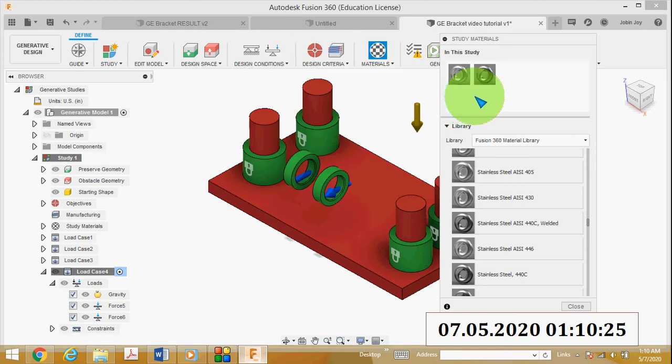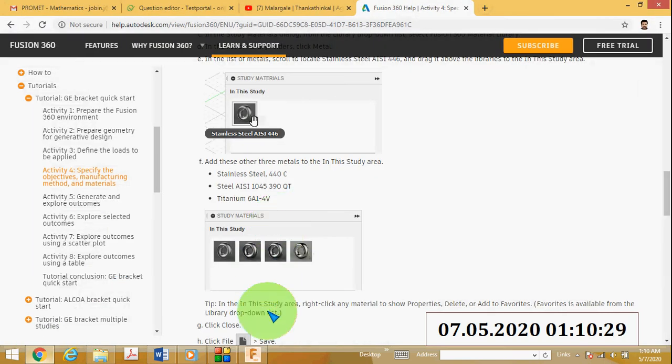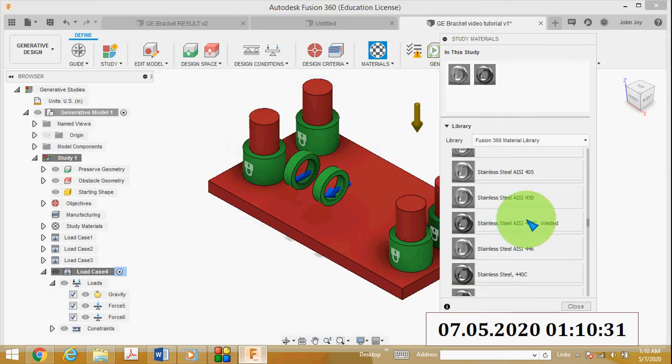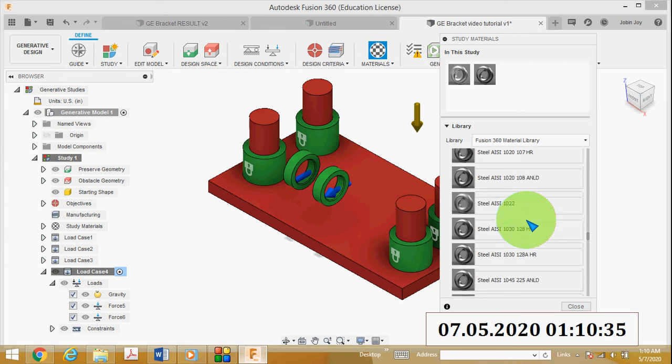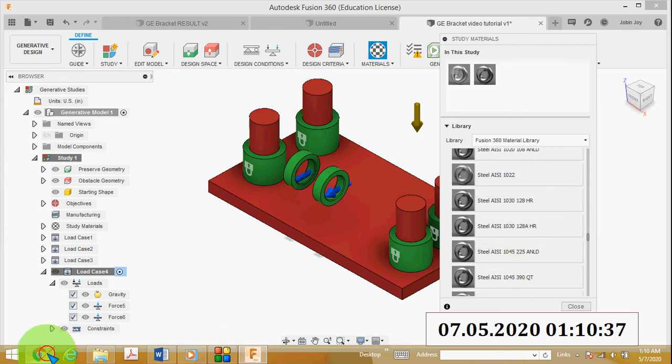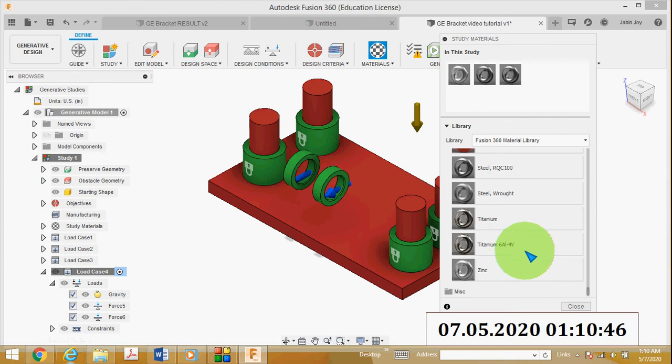Then steel AISI 1045 390QT, drag and place here. And finally titanium, drag here.